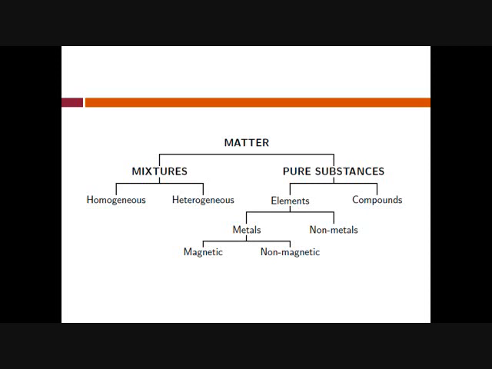Okay? And for pure substances, those could be elements or compounds. And elements can be broken down further into metals versus nonmetals, because we have that grouped on the periodic table. And metals could also be broken down into magnetic versus non-magnetic metals. So